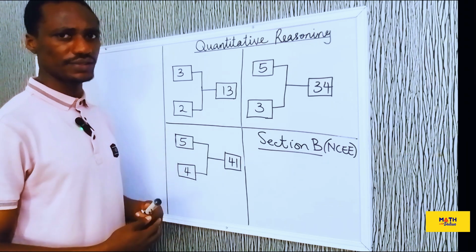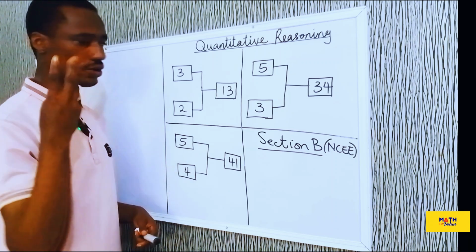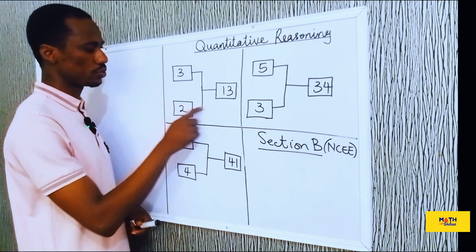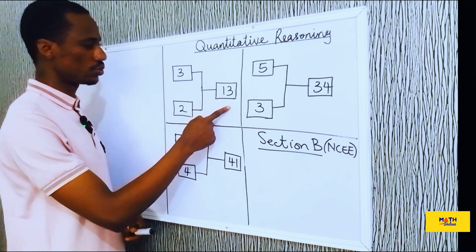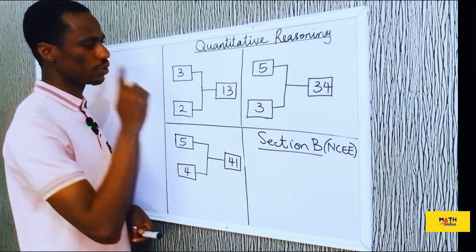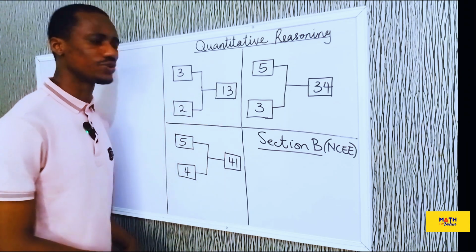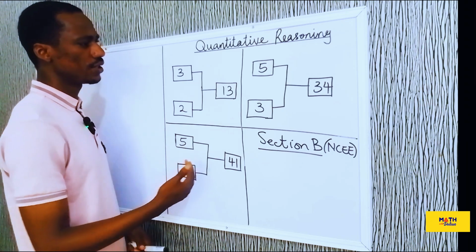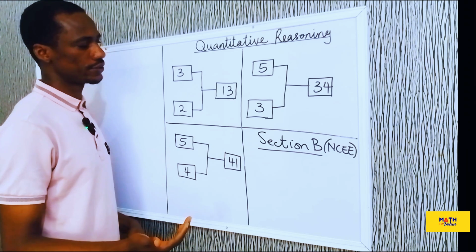How do you check this? If you're running through your analysis, you check your 4 basic operations. First, check if it's 3 plus 2, 5, no. 3 times 2, 6, no. 3 divided by 2, 1.5, no. What's the last one? 3 minus 2, 1, no. So the 4 basic operations are checked. After checking that, then look at your squares and see